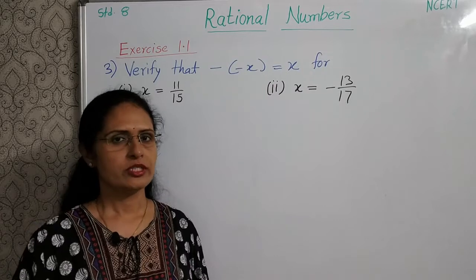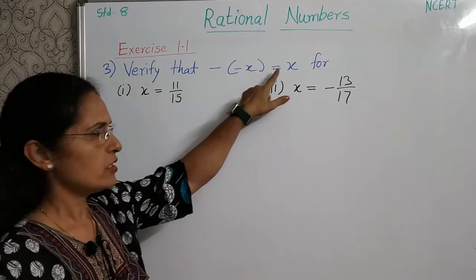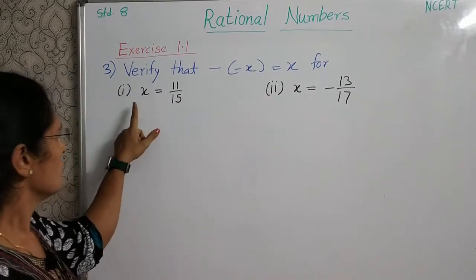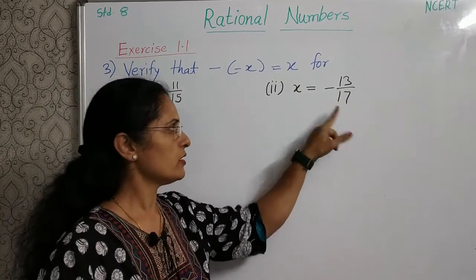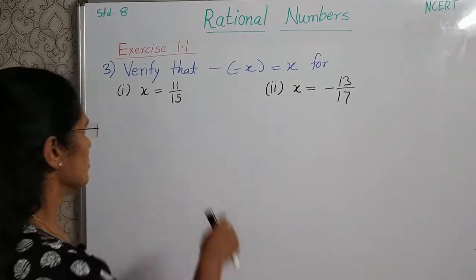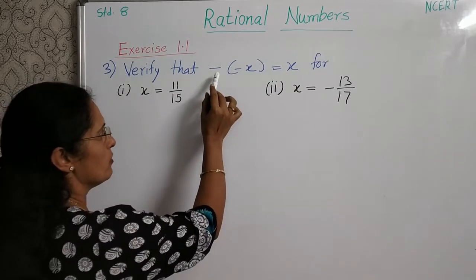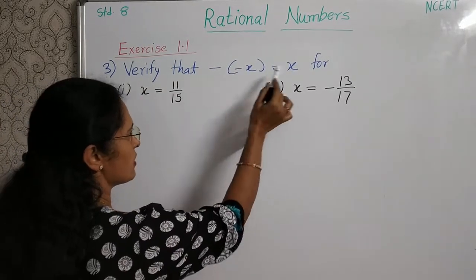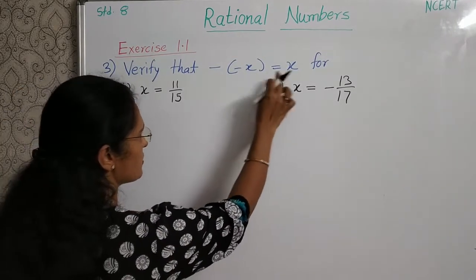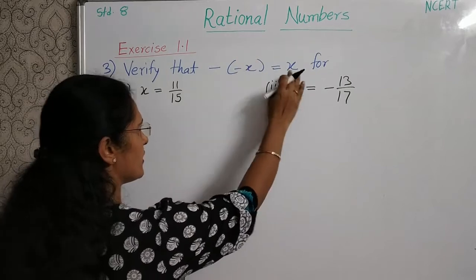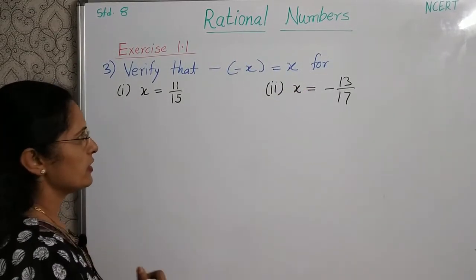Now we will solve question number 3. Verify that minus of minus x is equal to x for first x is equal to 11 by 15 and second x is equal to minus 13 by 17. So for these two values separately, we have to show minus of minus x is equal to x. So here we will consider this part as LHS and this as RHS. So left hand side and right hand side, we will show them equal to each other, and then it will get